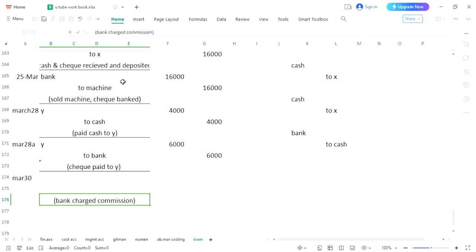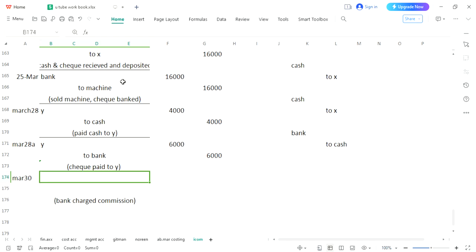Okay, so what does that mean? Charge, charges, expense. Expenses should be debited. So commission would be considered as our expense. Now please note it down. Whenever bank will charge commission, he will not receive amount from you. He will deduct amount from your bank. It means amount present in your bank account would be decreased. Bank is your asset. Asset is decreasing. So you will write bank on